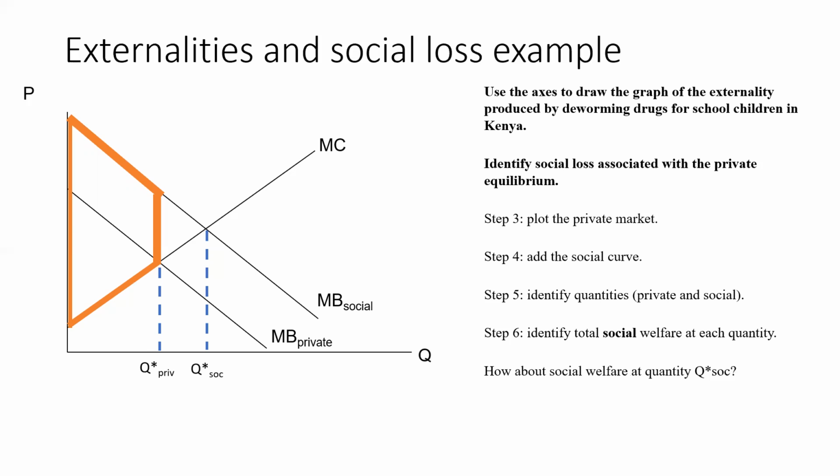Now we want to find out what's the total social welfare at quantity Q star. Well, this is a fairly standard operation. So for this total social welfare associated with Q star social, let's just temporarily ignore the marginal benefit private curve and look at what the equilibrium would be. So we know what the equilibrium quantity would be, and then we know what the equilibrium price would be as well. There are no numbers given, so it's just purely representational, but if there were numbers, you could figure